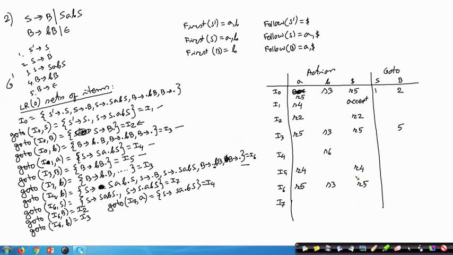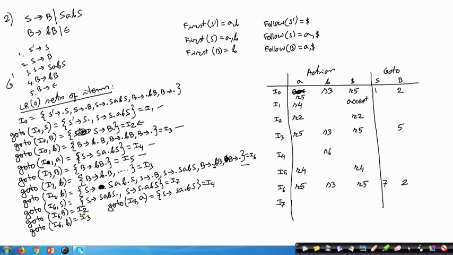Now, come to I7. Sorry, before that, for I6 there will be some goto part. So, I6 on S is 7, and I6 on capital B is 2.